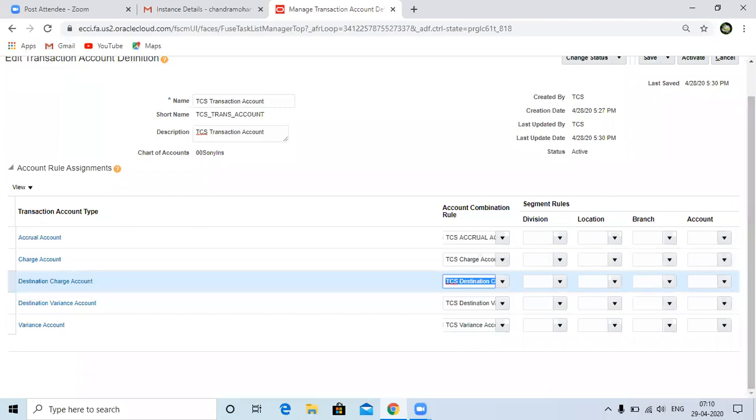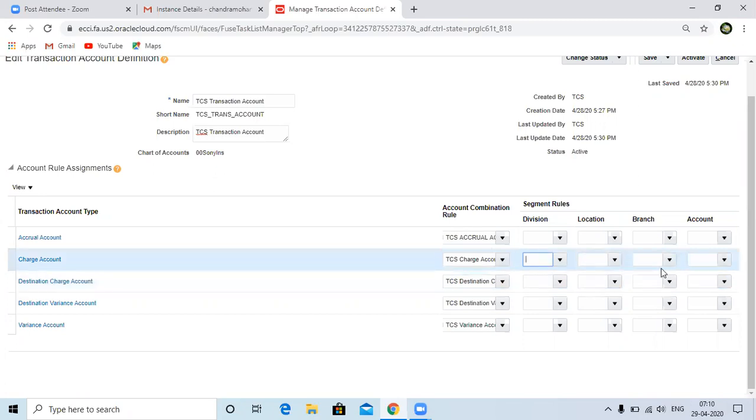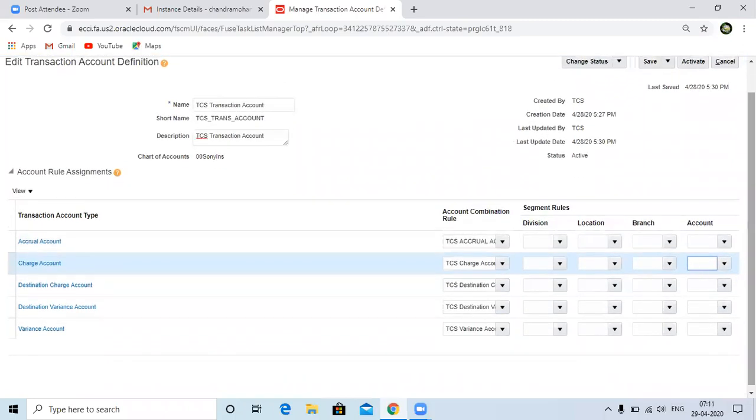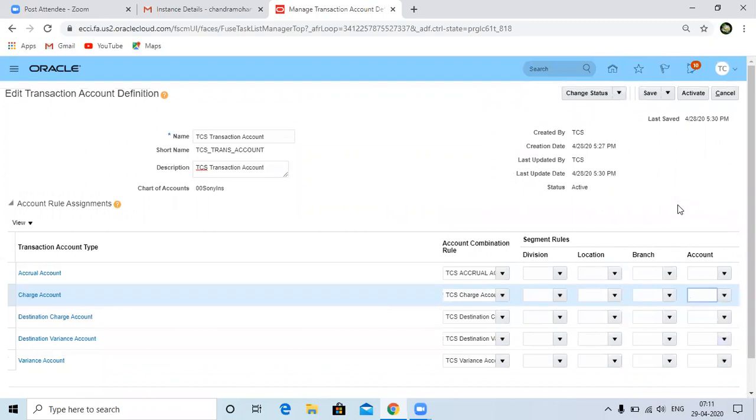If it's not a project consultant but a procurement consultant, they need to decide the remaining segment values. If they want dynamic values for the account segment, changing from transaction to transaction, then we need to create one more account rule at segment level and specify how the system has to derive it. That rule we are going to assign here. We are already aware that when creating the projects module, we overrode that particular segment value, and the rules were defined based on the mapping sets.